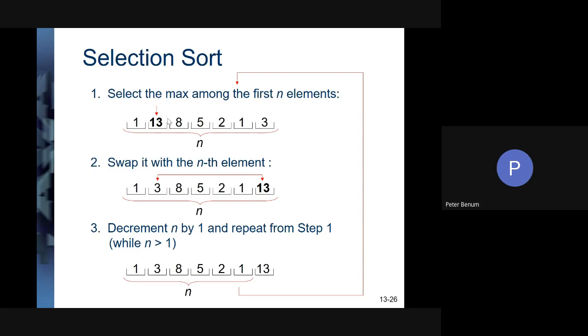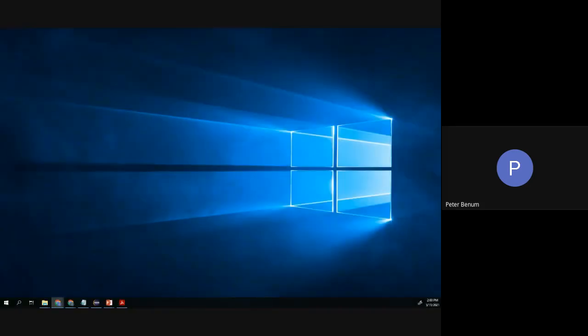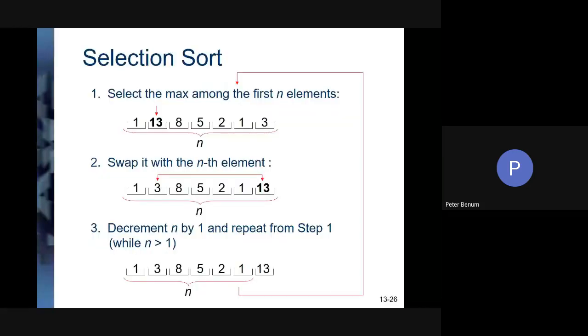So from yesterday, we kind of quickly went over the selection sort, and it's a really simple one. The way it works is to look for the maximum one out of n items. So it's going to start at the first one. That's the maximum. Then it looks at this one. Between those two, that's the maximum. And then it compares the 8 to the 13. 13 is still the maximum. And then when it gets to the end and it's got the maximum, it just swaps the